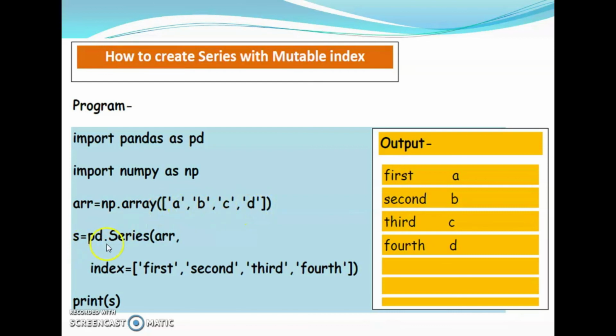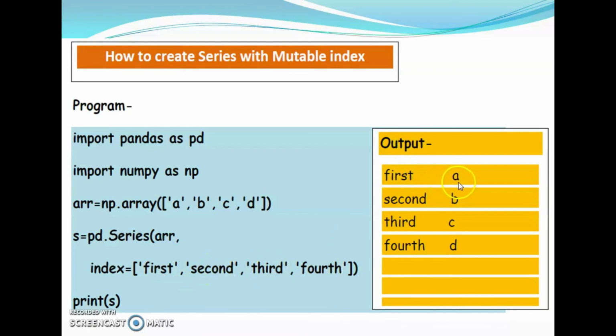Then S is equal to PD dot series. We can pass the array ARR as data value. Then index, we can specify the index values. Index is equal to first, second, third, fourth. Then print S. The output is index values we changed as first, second, third and fourth.